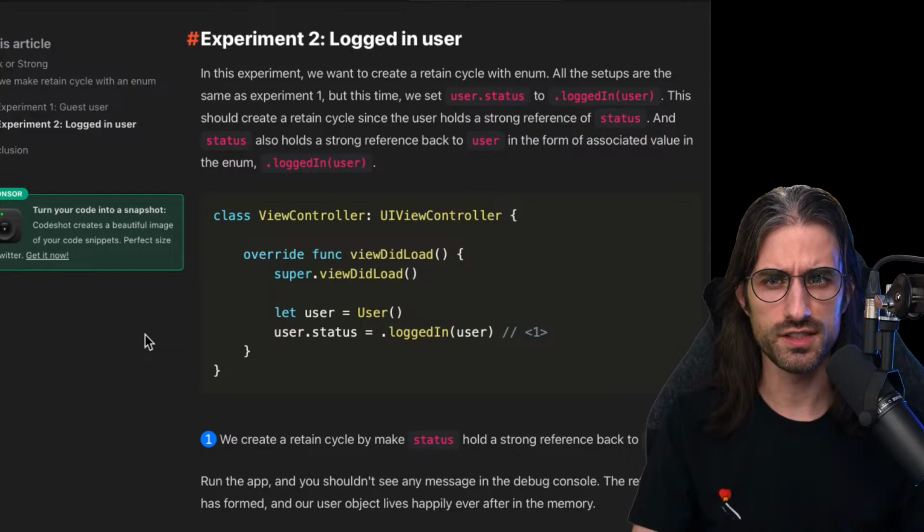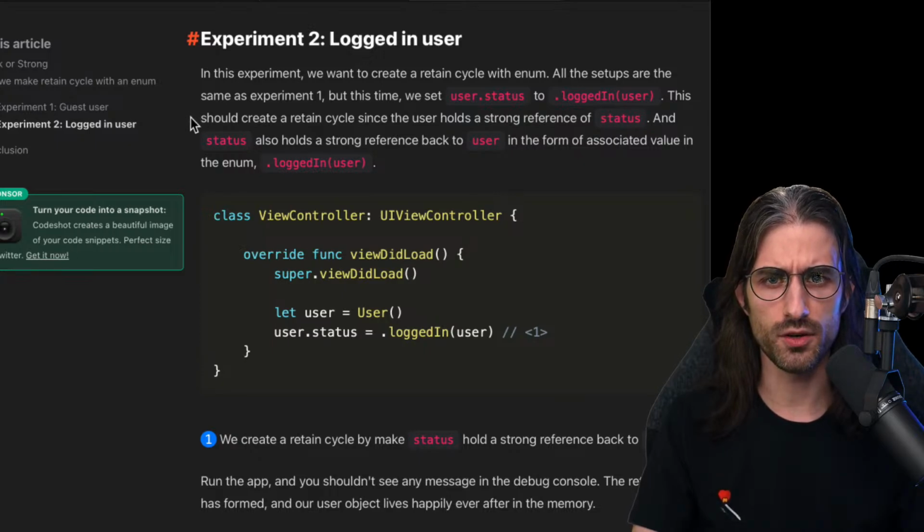Experiment 2, logged in user. In this experiment, we want to create a retain cycle with enum. All the setups are the same as experiment 1, but this time we set user status to logged in and we pass the user as the associated value.